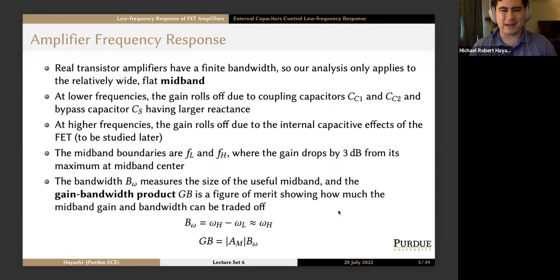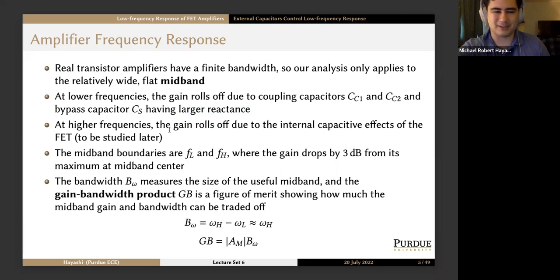At lower frequencies, the gain rolls off due to coupling capacitors, C_C1, C_C2, and the bypass capacitor, C_S, having a larger reactance. We said they were basically infinite capacitances before. Now we can no longer say that. We have to deal with the finite nature of their capacitance, leading to a large reactance at sufficiently low frequency. At higher frequencies, the gain rolls off due to internal capacitive effects of the FET, which we'll have to postpone